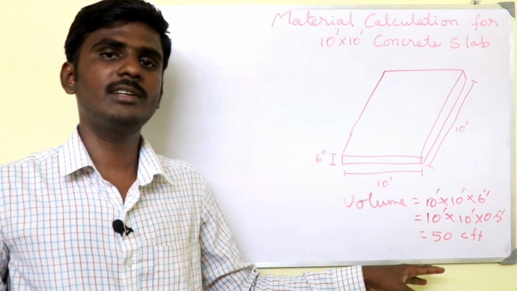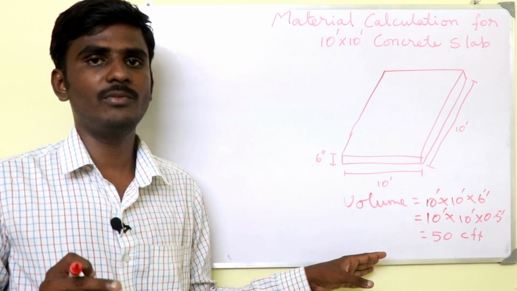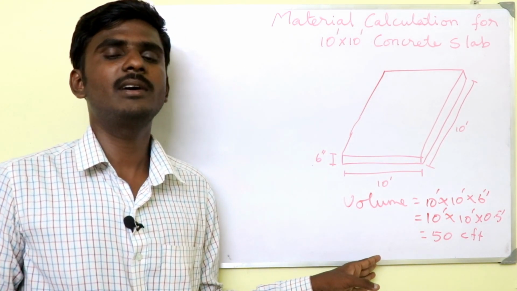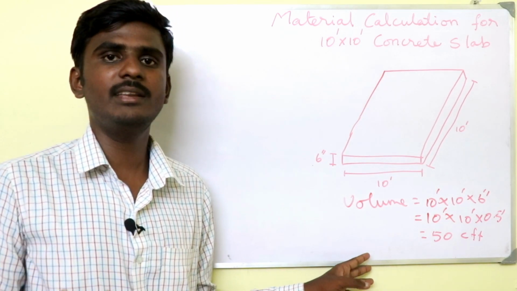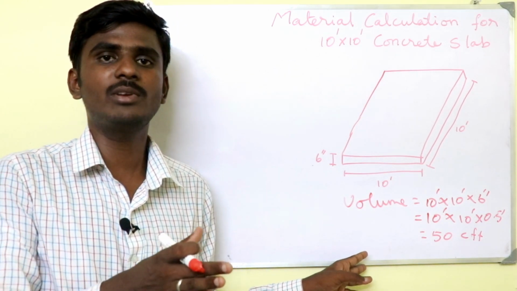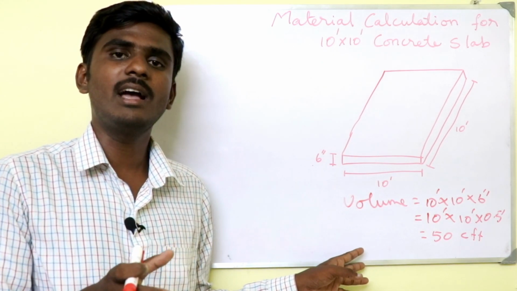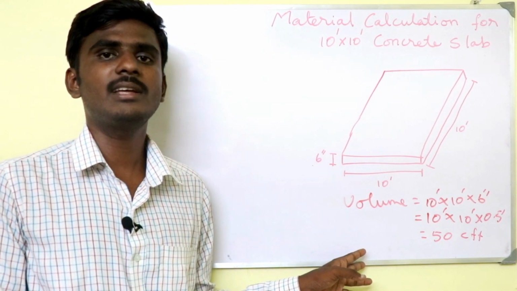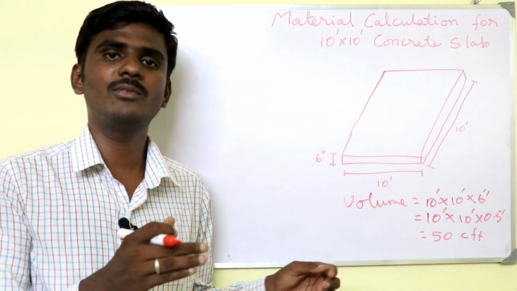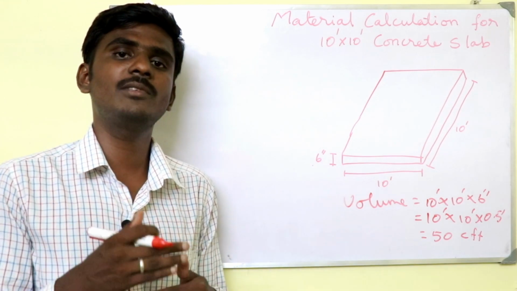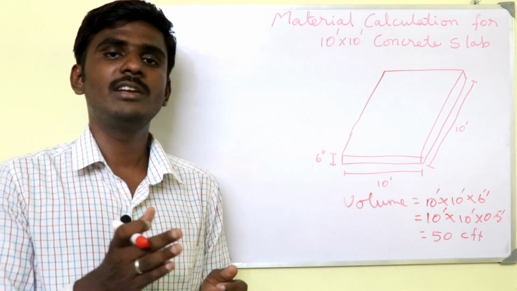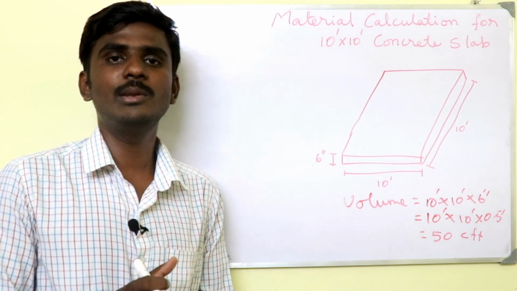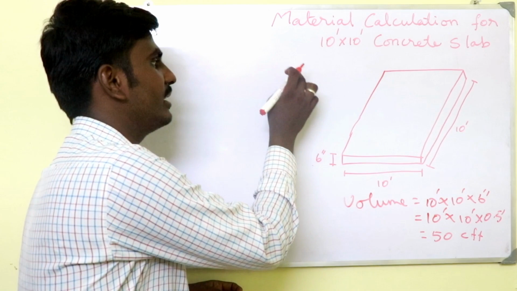After finding the volume, first we must understand the wet volume factor, because in a shop or in a quarry they give the material in a dry manner. Dry manner means without adding water, but at site we have to add water to make the concrete. Due to adding water to the cement, the sand and the coarse aggregate, the volume of the concrete may get disturbed. Due to these variations we have to multiply by the wet volume factor, which may be a percentage.